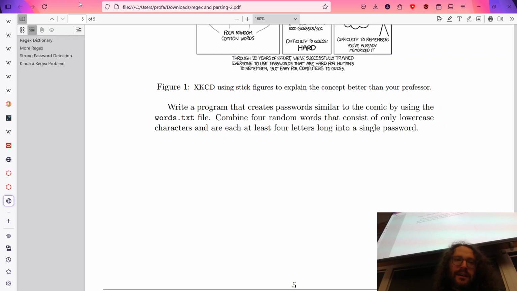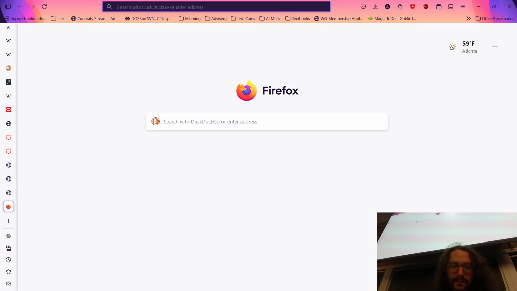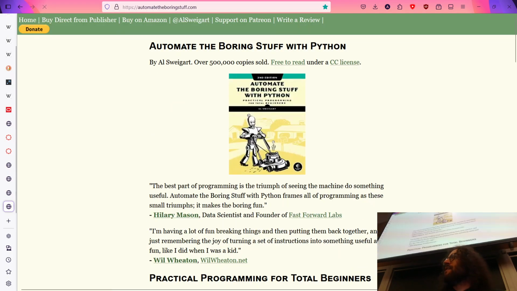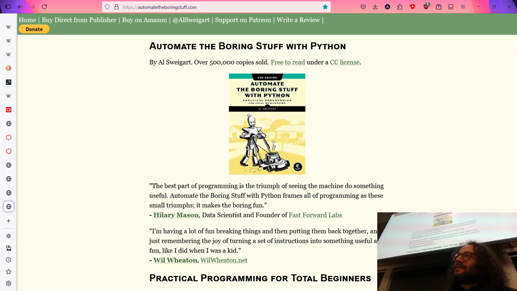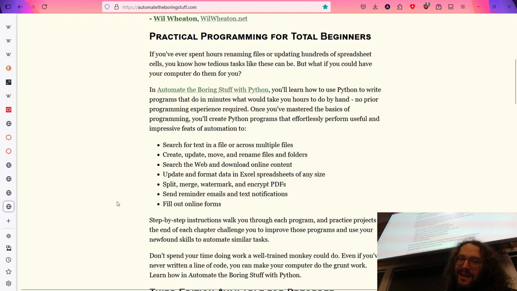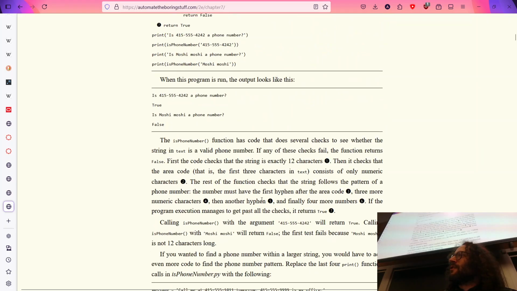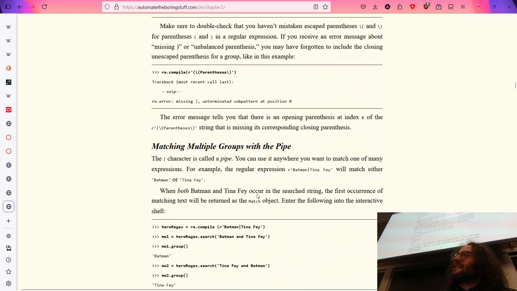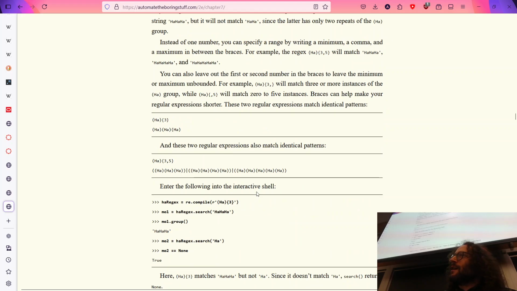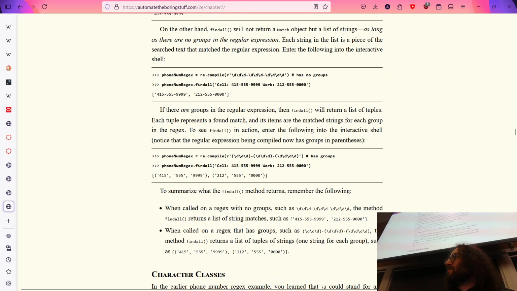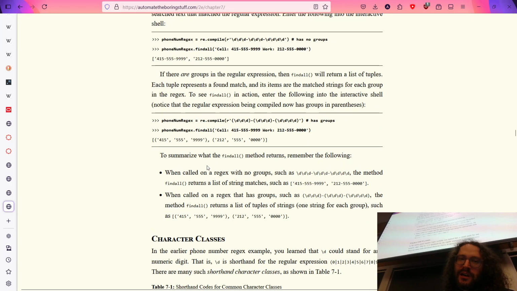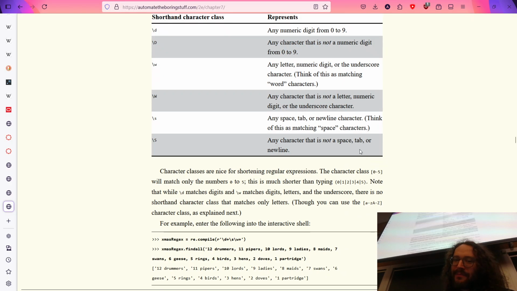If you need more information on how to do this, the textbook is linked to in the syllabus. Automate the Boring Stuff with Python. You want to look over here in chapter 7, and this will go over all the stuff. This is a free textbook. Free online. Hard copies like 20, 30 bucks. It's pretty good. He makes a lot of RoboCop jokes.